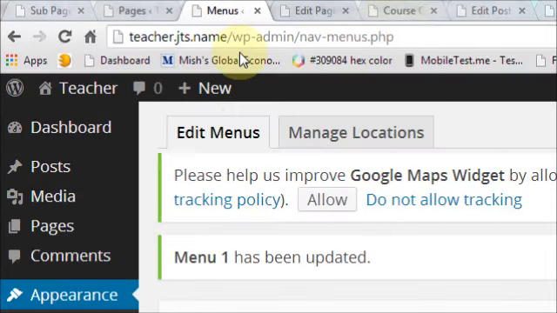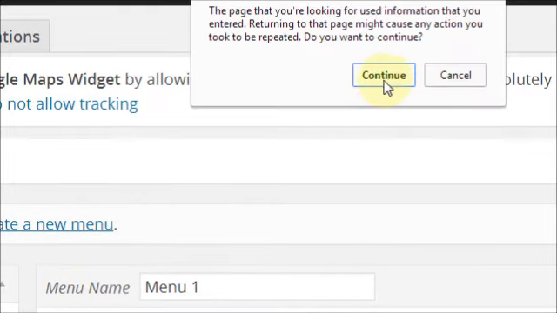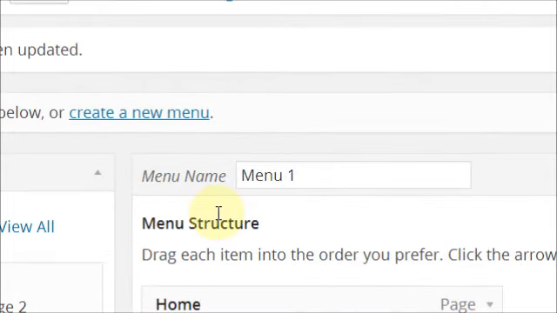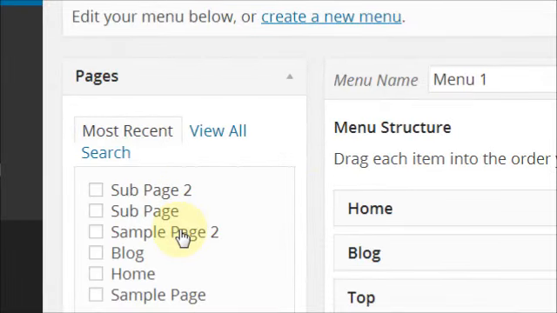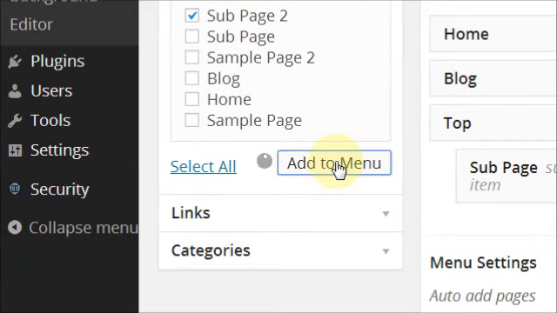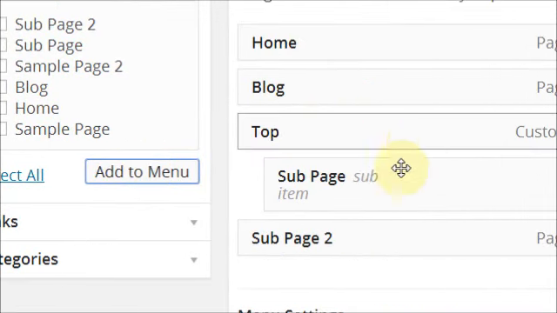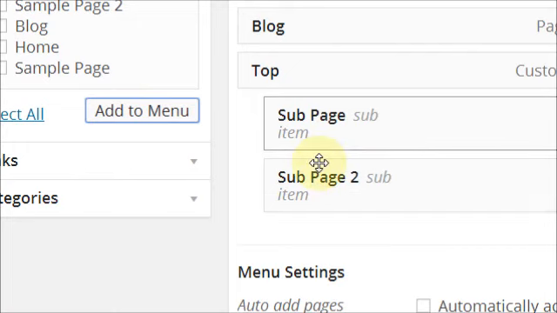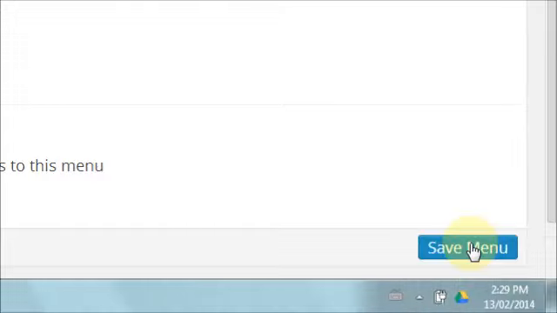And go back to my menu, and I'll have to refresh this. Continue. And now my sub page 2 appears here. I'm going to add it to the menu, and there it is, but you have to put it underneath here. And there we go, we have sub page and sub page 2. And save the menu,